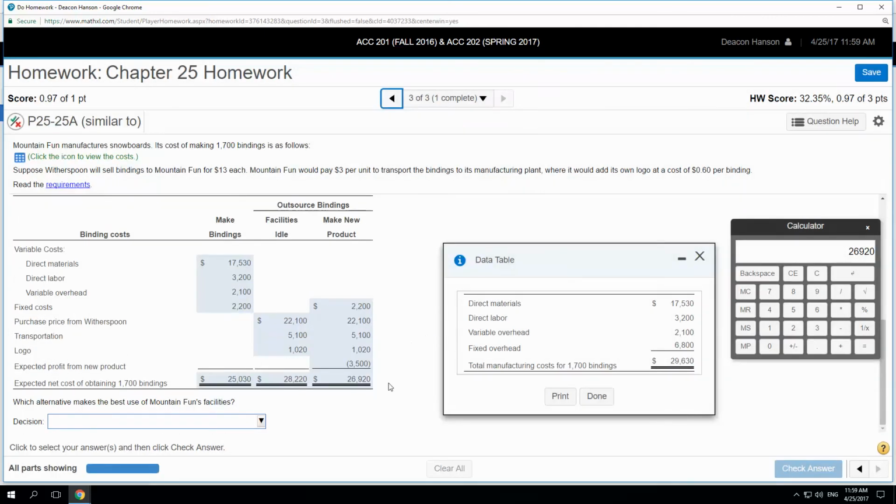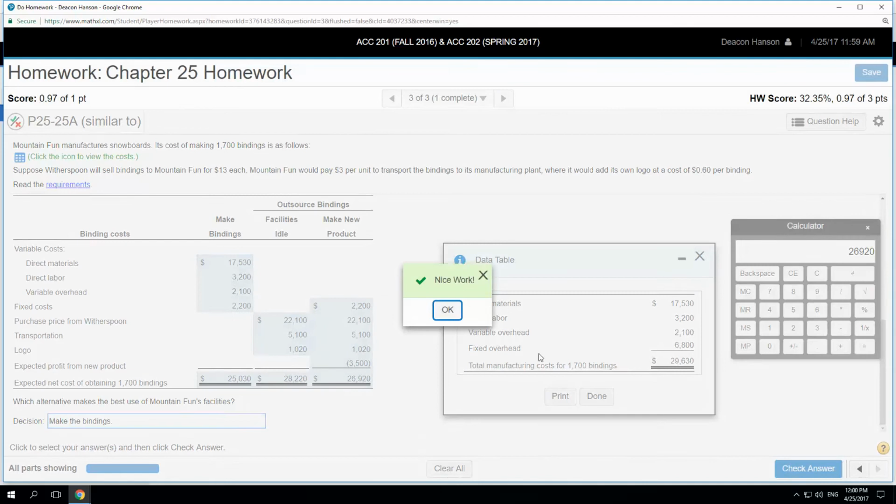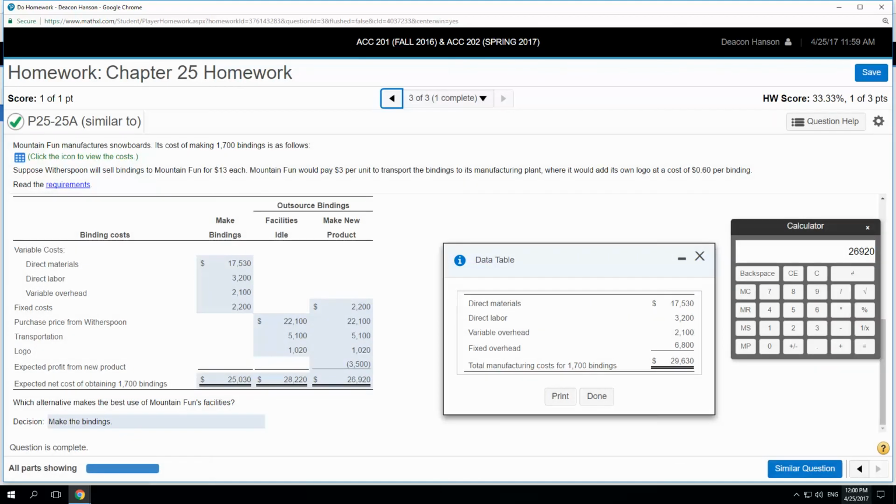All right. So yeah, it's still higher, right? These outsource binding scenarios are still higher than just making our own bindings. So we're going to continue to make the bindings. So that's a make or buy decision scenario, which is pretty common,